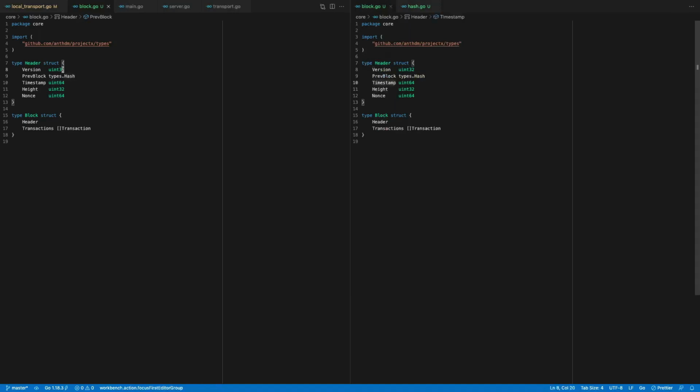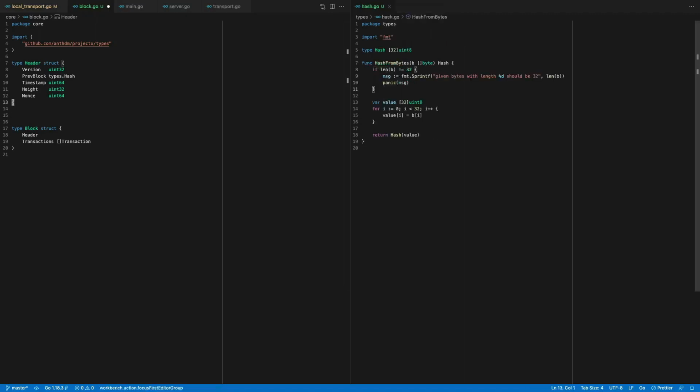Another thing we need to do is, if we want to send this block over the network, we need to make it a byte slice, right? So like I said, there are so many ways we can do this. We can use so many encoding algorithms and protocols, but I think we're going to make it very simple. And it's going to be